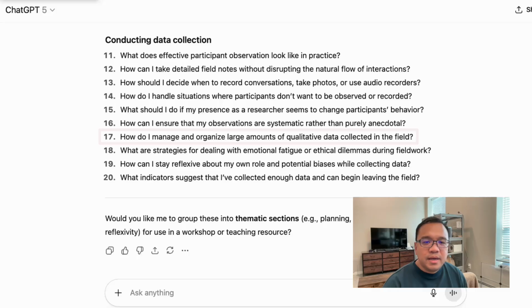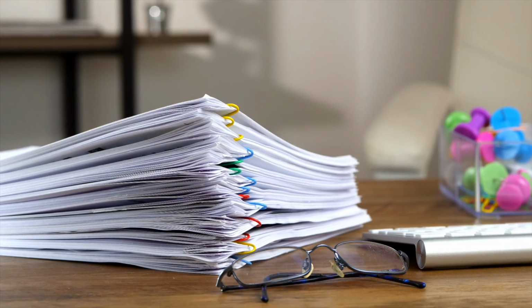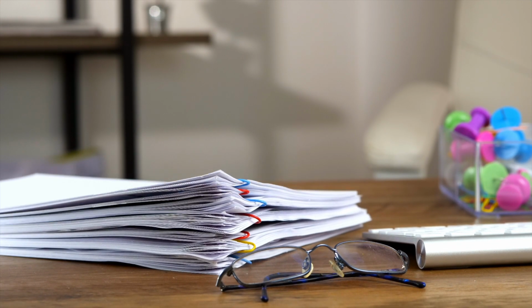How do I manage and organize large amounts of qualitative data collected in the field? You are going to be busy as an ethnographer. It's really important to collect your notes at the end of the day, write your reflections, type them out if they were handwritten. I like to use a notebook by hand. Transcribe the most important parts of interviews so that you can reflect on them later on. All in all, try to organize your data by different data types: observations,